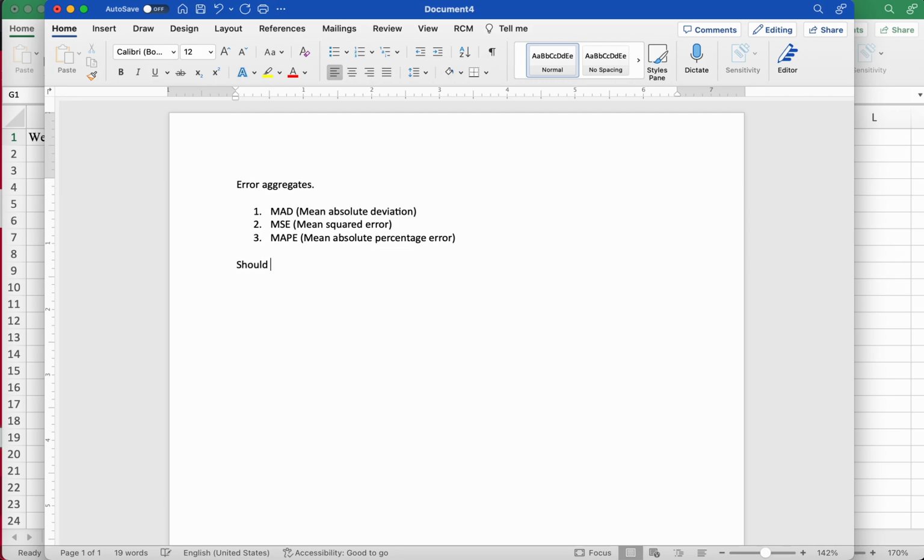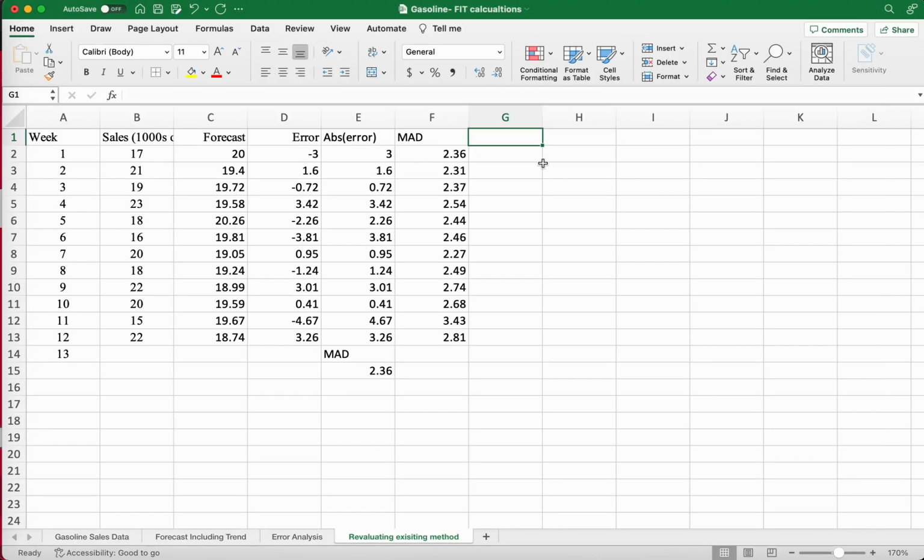Should we re-evaluate the existing method? To do that, you calculate the tracking signal, right? So what is the tracking signal? The tracking signal is a number that should be between -3 and 3. If the number becomes less than -3 or more than +3, then it is time for you to reevaluate